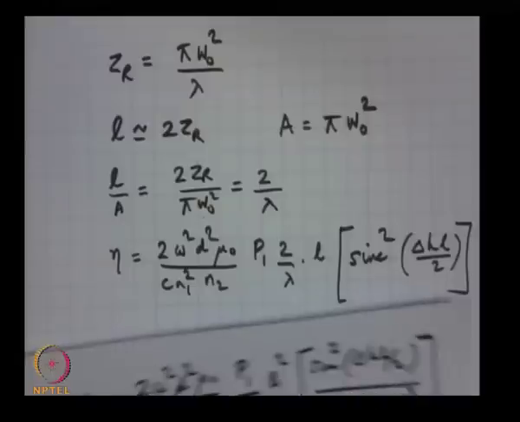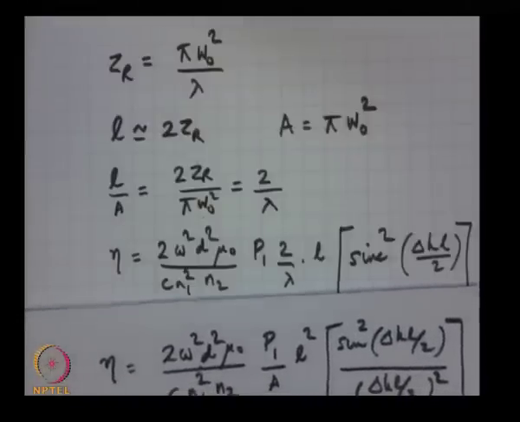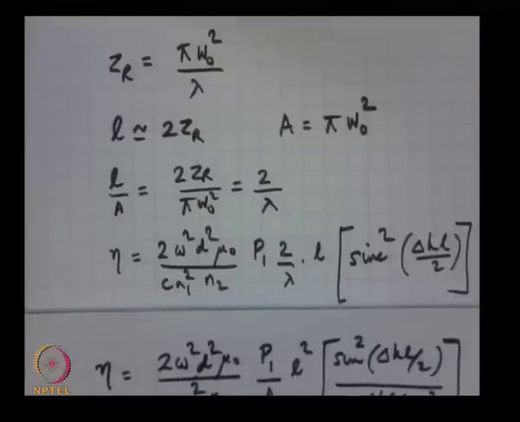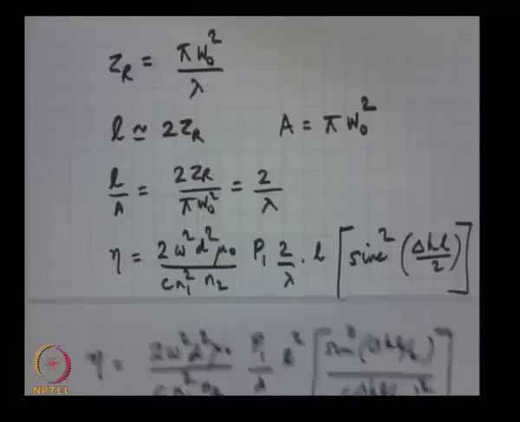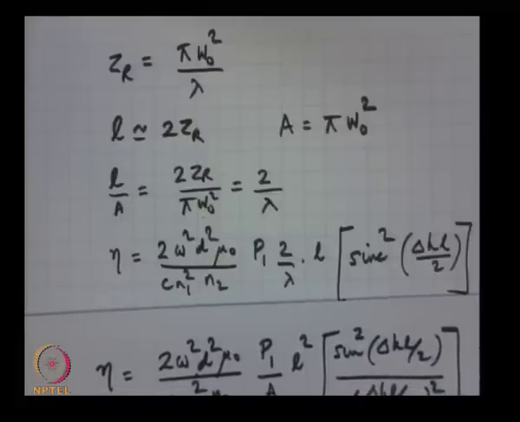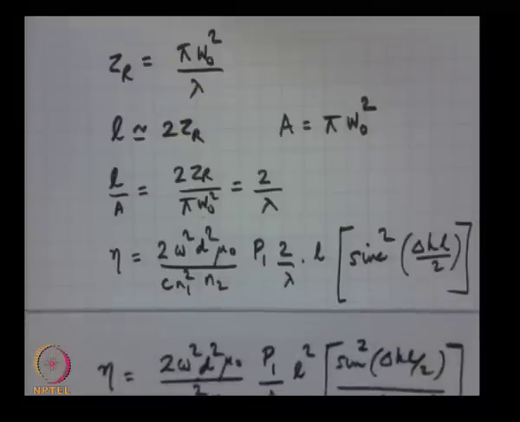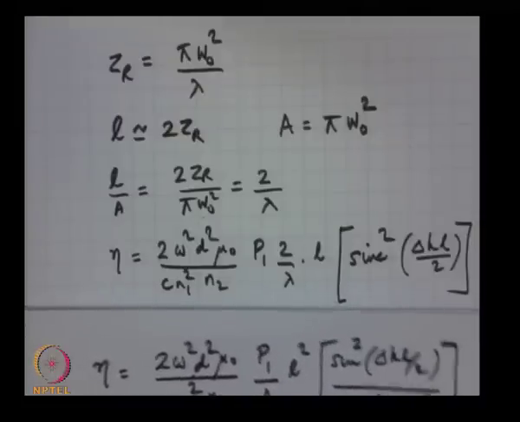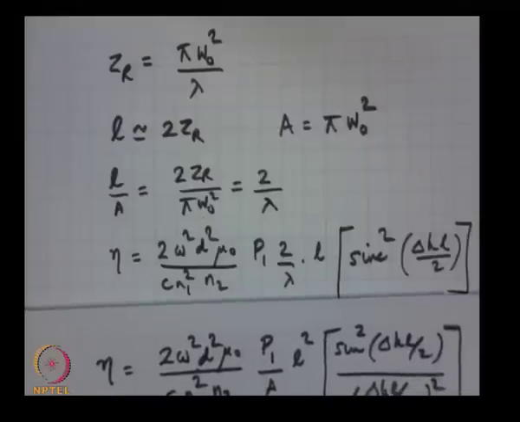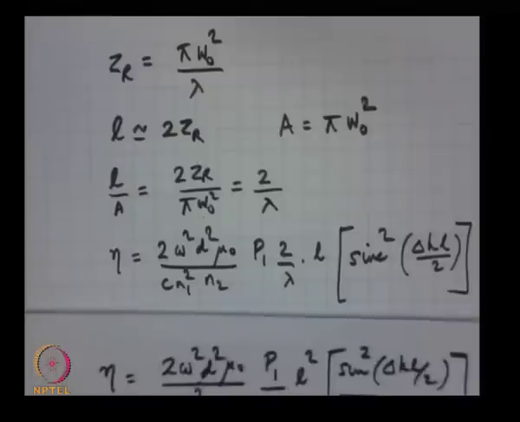So in a plane wave, the efficiency goes quadratically with length for phase matched interaction. For a focused beam, the efficiency only increases proportional to length. So if you double the length with a focused beam, keeping in mind that this focusing and the length are related to each other, you will have only double the efficiency, not 4 times the efficiency. So this is always to be considered